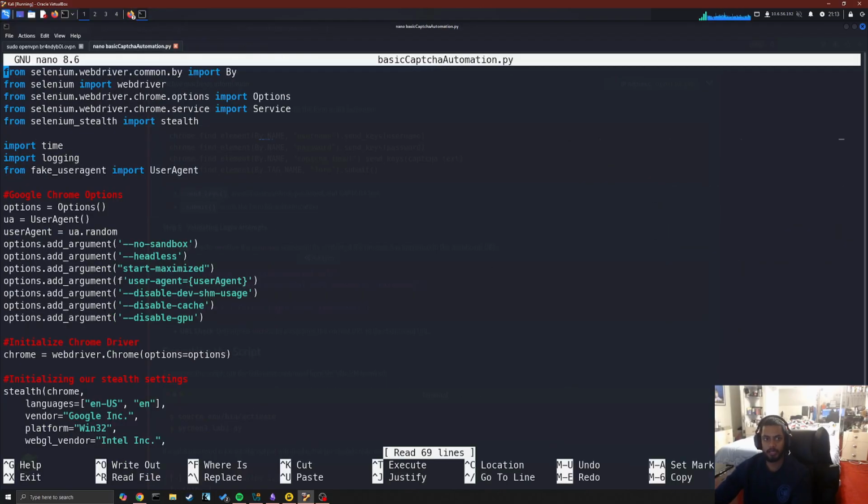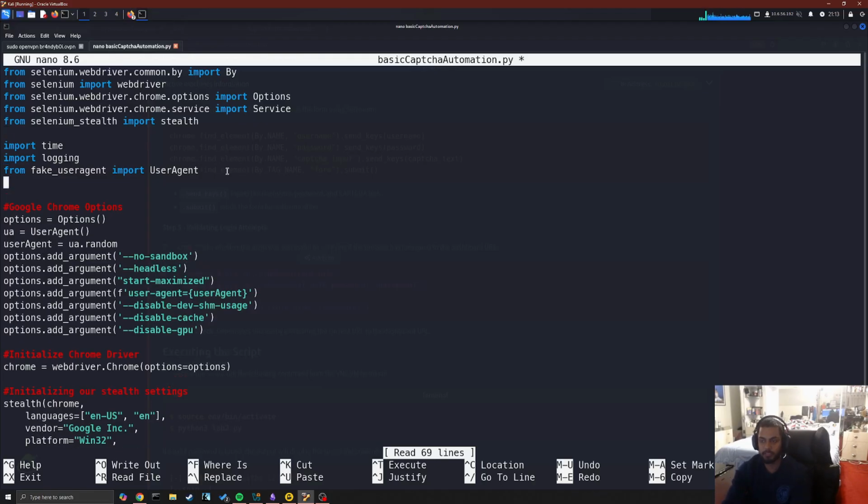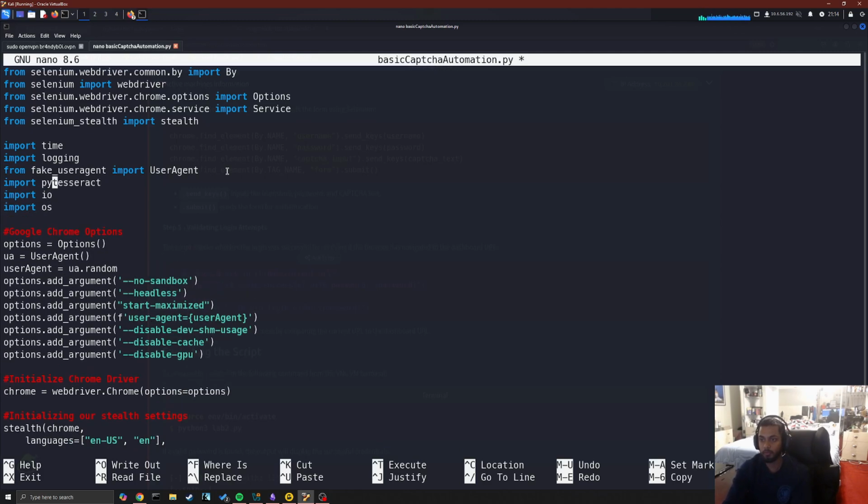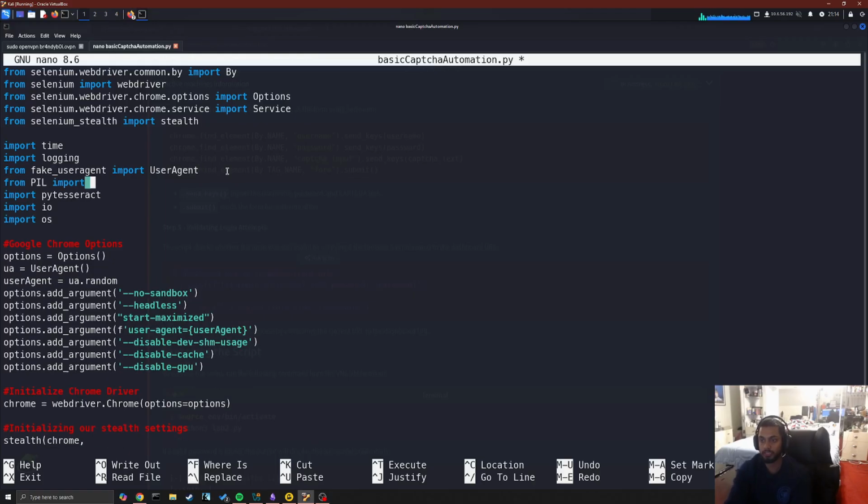And let's take a look at the new things we need to add here. So we see that we need to import Pytesseract, we need to import IO, we need to import OS. We also need to import Pillow. So from PIL import Image,